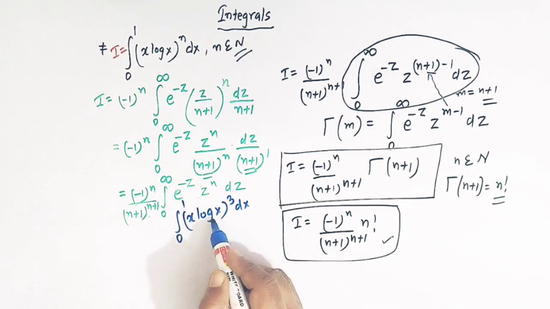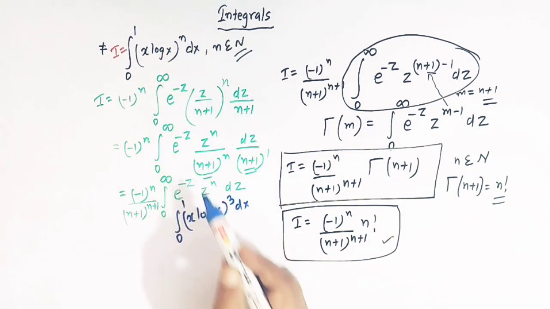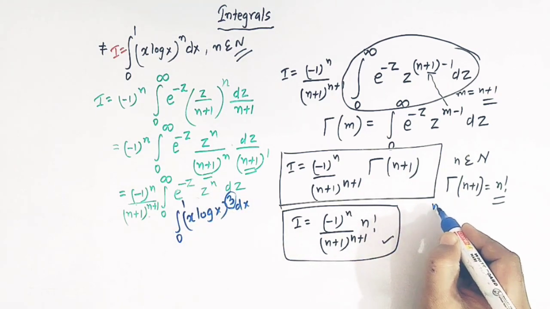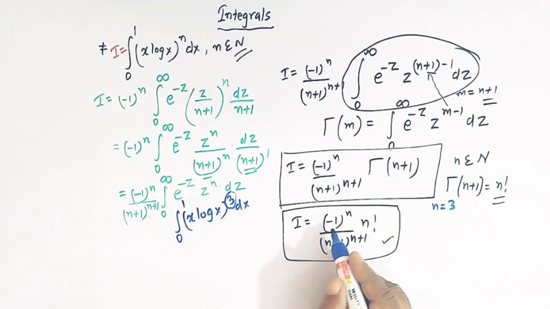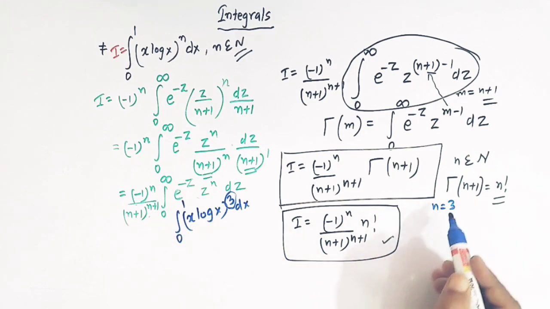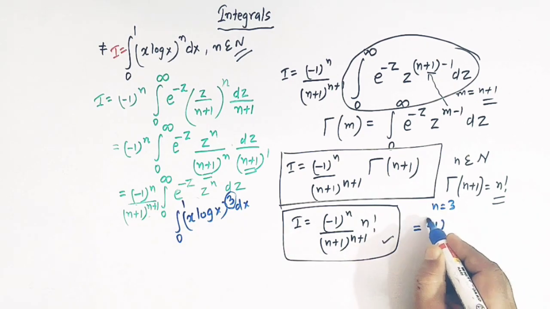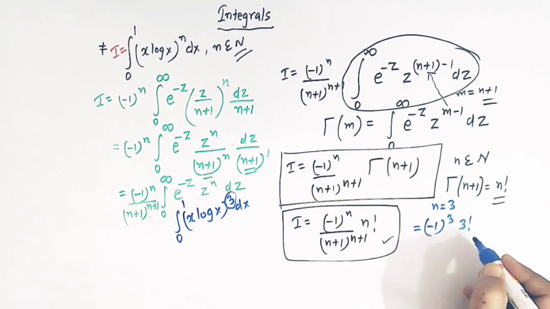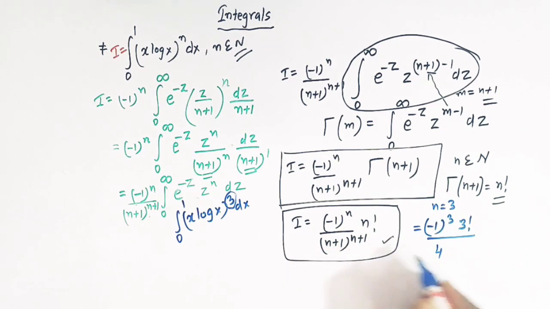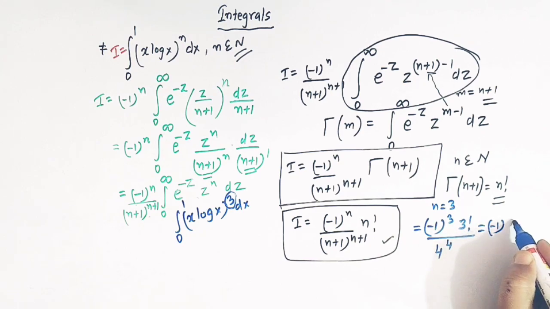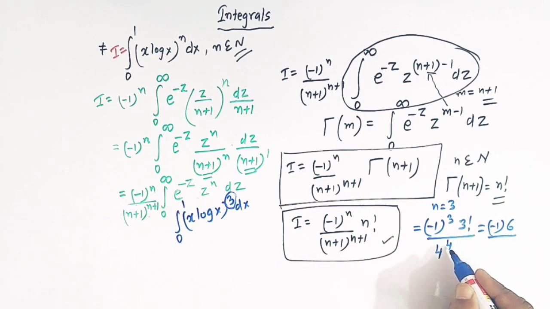Now let us find the value of the integral from 0 to 1 of x log x raised to 3 using this result. If we compare this integral with this one, then the value of n is 3, and 3 is a natural number. So we can find the value of this integral by putting n equal to 3 in this result. So the value is minus 1 raised to 3, 3 factorial, then 3 plus 1, 4, so we have 4 raised to 4. Minus 1 raised to 3 is minus 1, 3 factorial is 6, and 4 raised to 4 is 16 times 16, that is